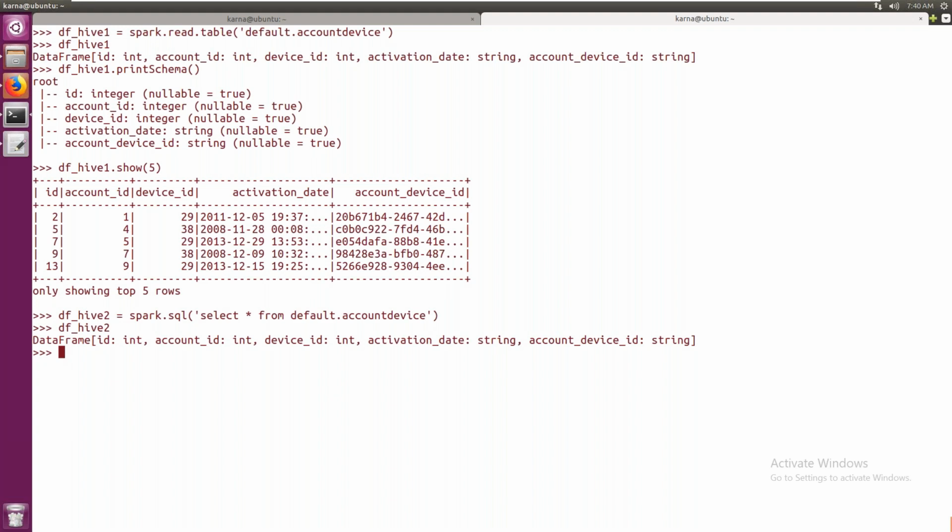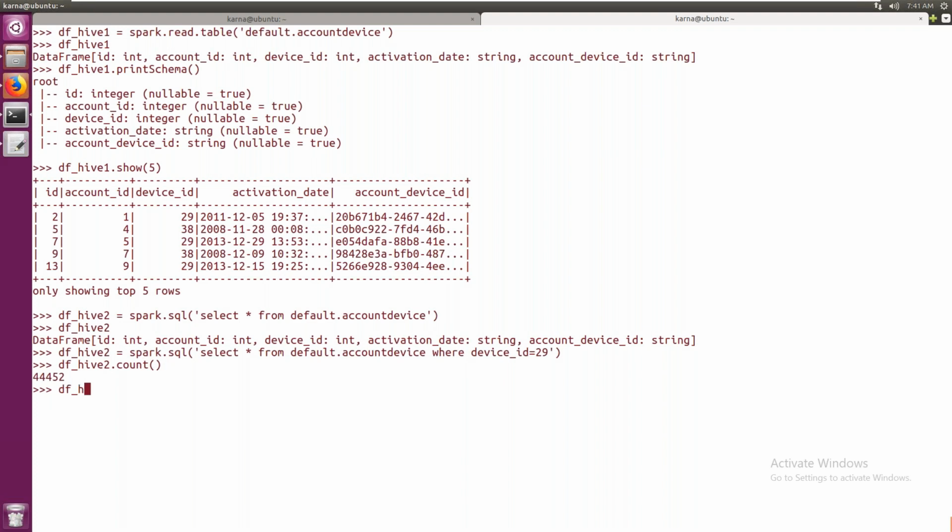Let's say we apply where device_id = 29. df_hive2.count, total how many records did we get here? We have 44452.